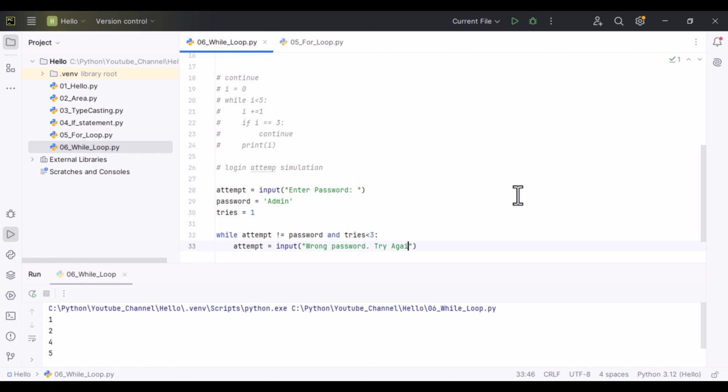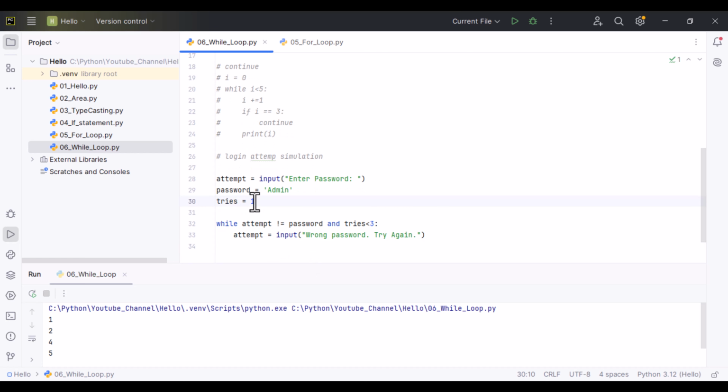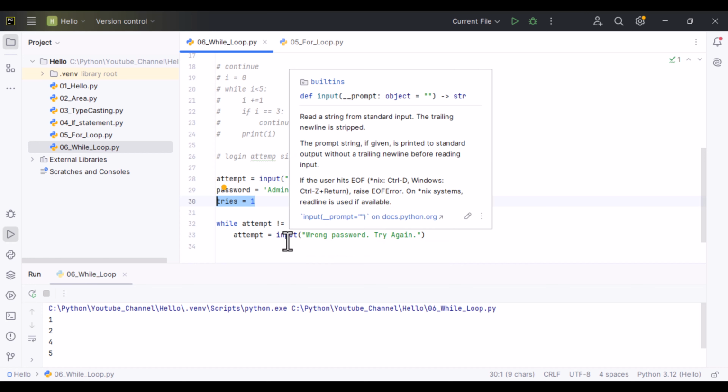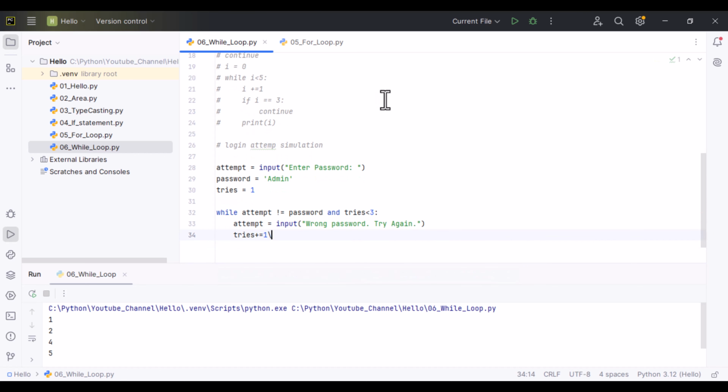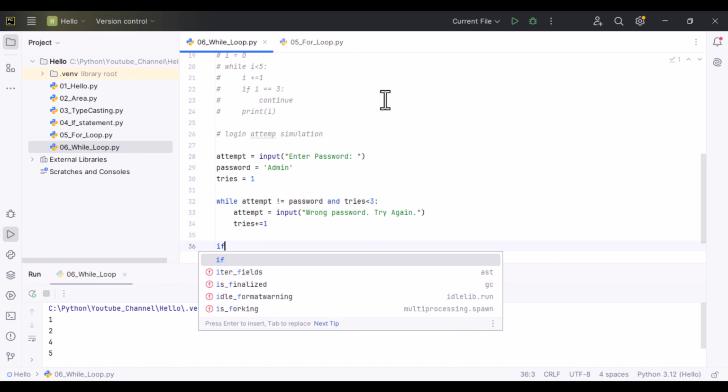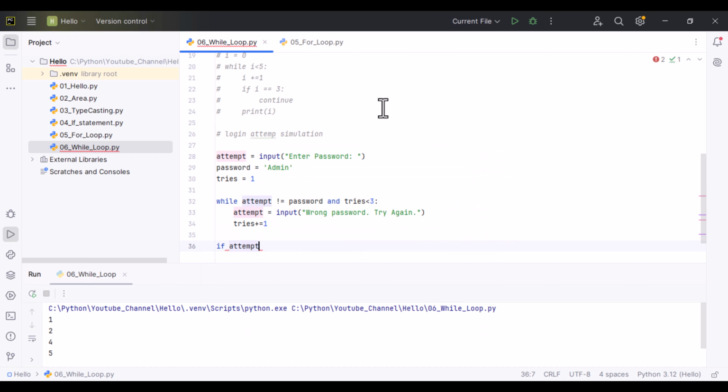So here at first we only give 1 try to the user, but here the user fails to enter the correct password. So here we need to increment the tries. So tries plus equals 1. Now we need to specify another condition, like if attempt equals password,